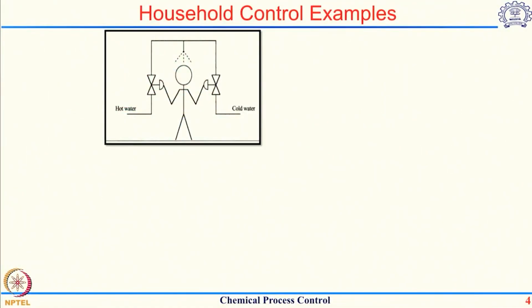Process control deals with control of chemical engineering processes, but in general control is a very common phenomenon, and let me motivate it through some common household control examples. The first example I am going to take is of taking a shower. Let us say you take a shower every day and you typically try to have a feel-good temperature as